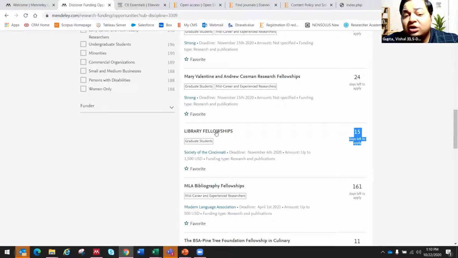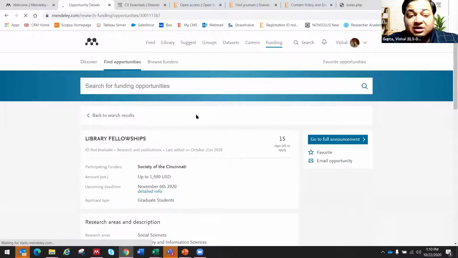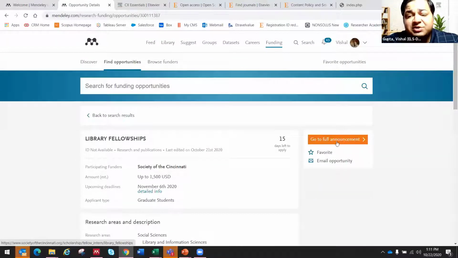And if you wish to know more, you can open this funding, you can go into the details, and you can find more opportunities related to this particular funding, right? More information like the contact details. This is something which is precious, invaluable. Sometimes you do not find who to contact in a funding scenario. This is the person to contact, the email ID, everything is mentioned. If you wish to go to the original announcement, you can go to the full announcement here and get more details on this particular funding. Right? So this is how you can explore the full web version of this particular platform.